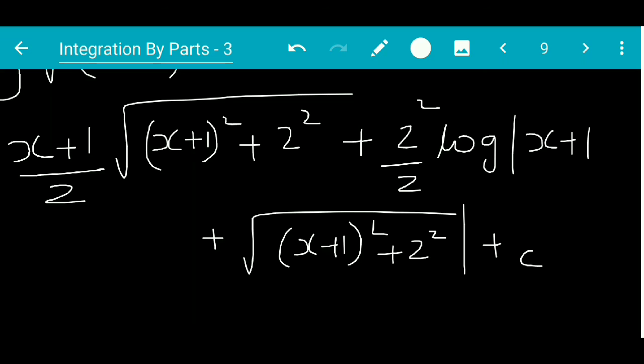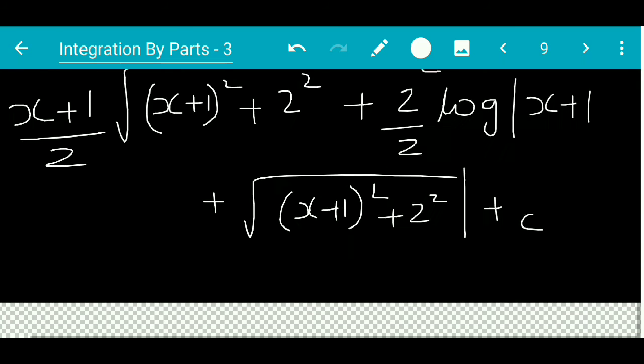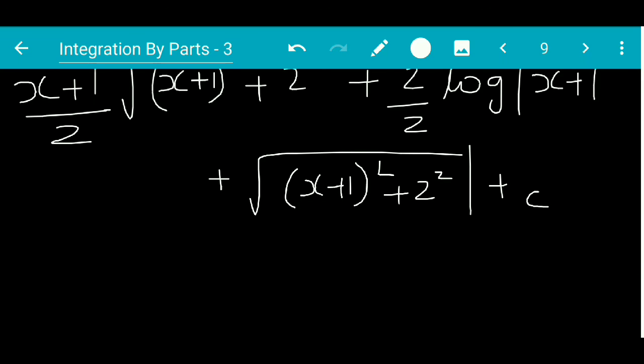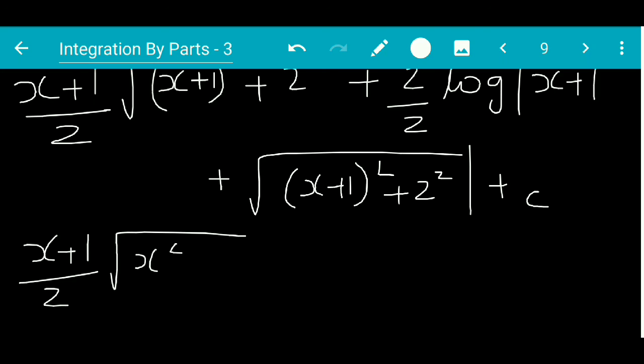Now in the root sign, when we expand x plus 1 the whole square and also write 2 square, the answer for 2 square is 4. When we expand these two terms, we see that we get back the question, which is x square plus 2x plus 5. You can do it in your notebook and see if you are getting the same thing. So we get x plus 1 upon 2 root of x square plus 2x plus 5